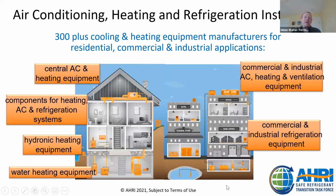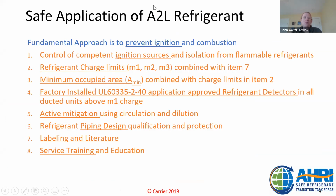And just in case you don't know us, the Air Conditioning, Heating, and Refrigeration Institute represents more than 300 cooling and heating equipment manufacturers for residential, commercial, and industrial applications. You may have joined us for some of our previous webinars talking about the safe application of A2L refrigerants. The fundamental approach to the safety standards is to prevent ignition and combustion by controlling competent ignition sources and isolating them from flammable refrigerants. We're going to be talking here today about the specific aspect of sensors and detectors, but